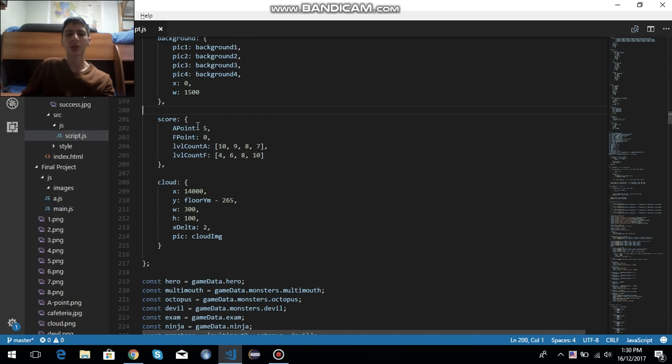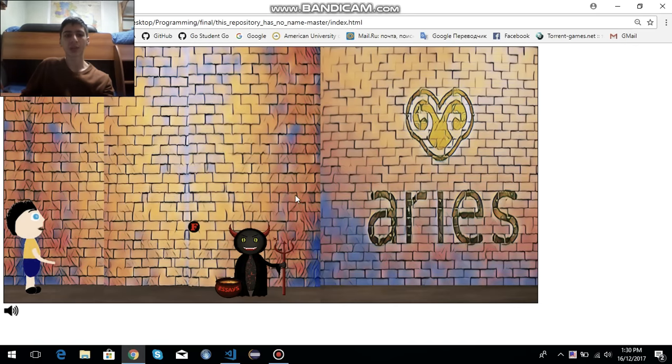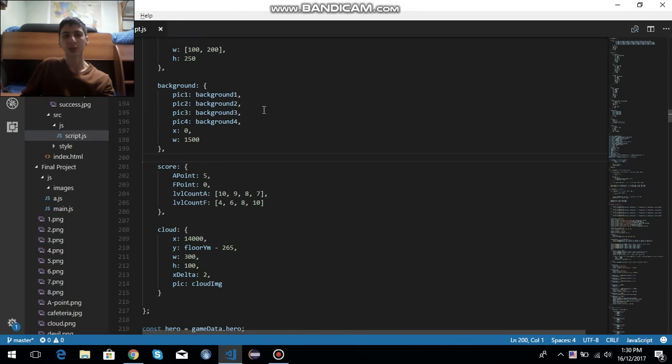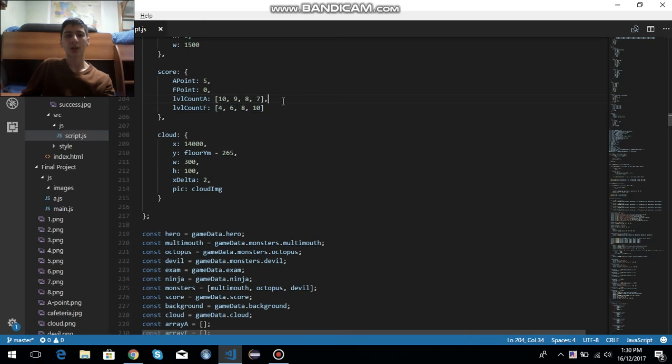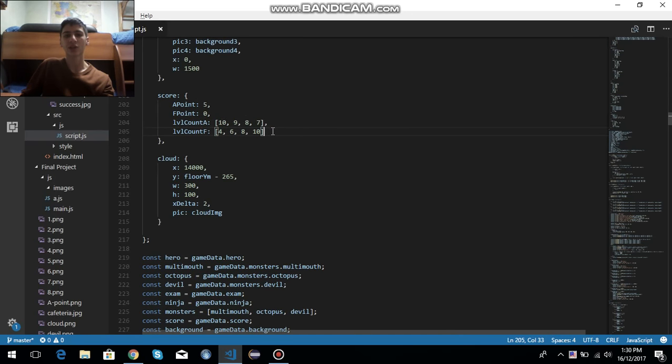So what about score? Here we have starting A point, which is 5, starting F point, which is 0, and here I have 2 arrays, level count A and level count F. Level count A and F are arrays which have 4 values inside of them. These 4 values are for 4 levels, because the game has 4 levels. As you see, it has 4 backgrounds. Each level has its own background. So this is how the level count of A's and F's changes